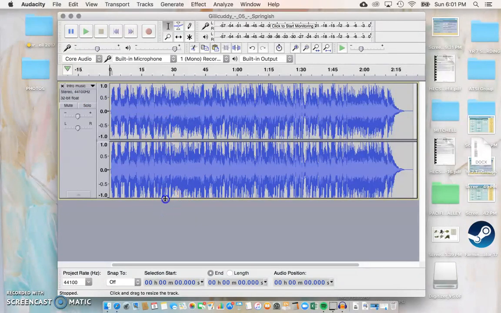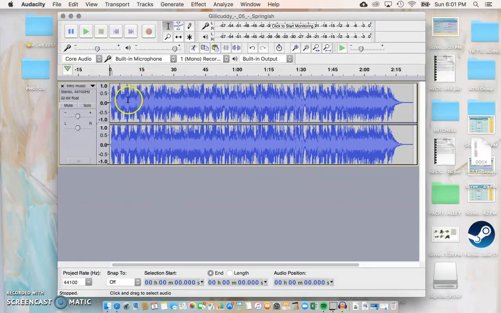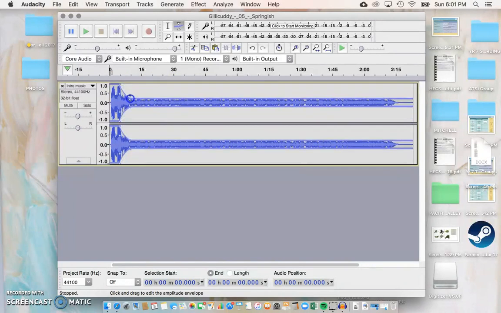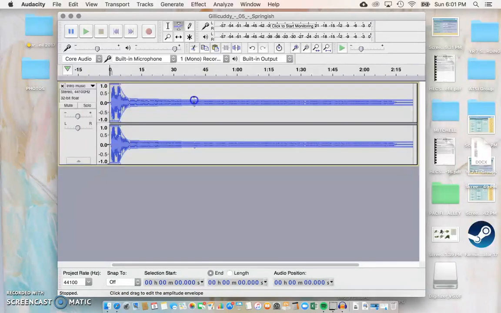So as you can see, this goes for 2 minutes and 15 seconds. Obviously, I don't want it going full ball the whole time. But before I change that, I'm going to show you a couple of these keys up here. So this one here is called the envelope button, and you can see it highlights blue. I'm going to click 2 little spots there and there, and then I'm going to lower the volume. Now you can see this curve is the fade,